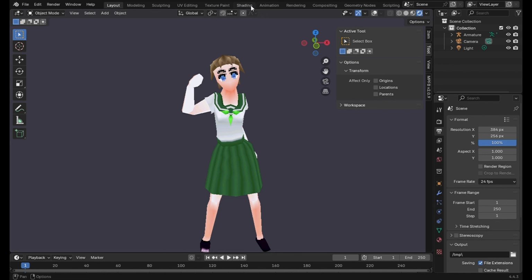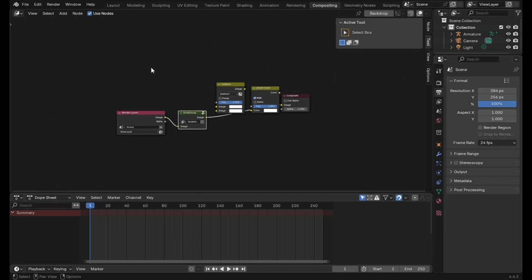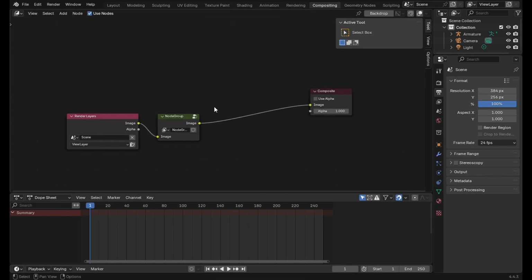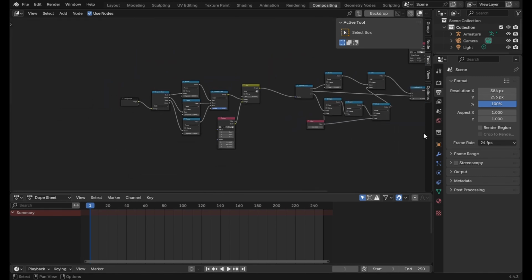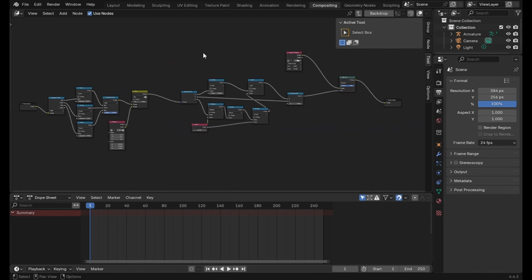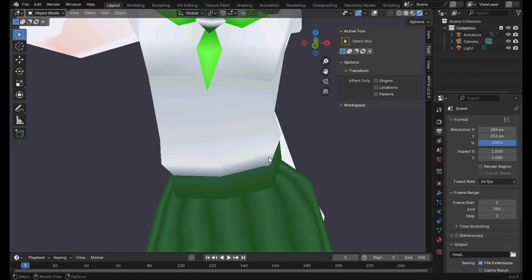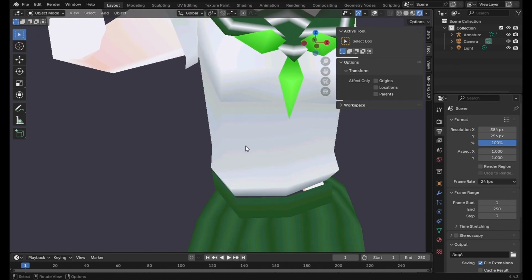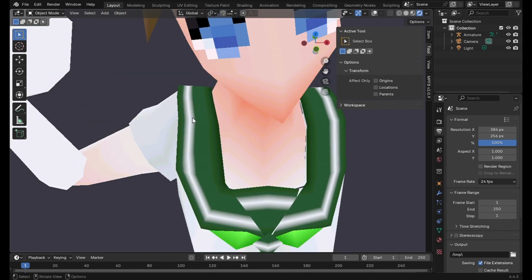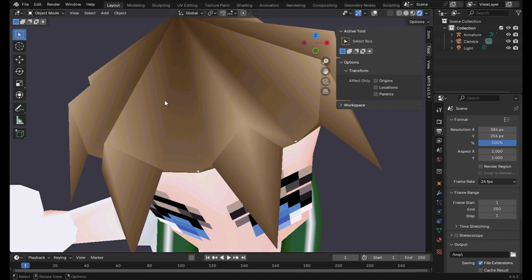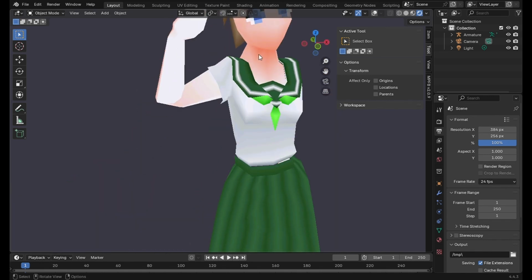So I'm just going to move over to the compositing tab here, and what I've made is this. If you look at this closely, you can see there's something weird going on with the colors. Why are they changing the way that they are? There's some weird bands of yellow, or it's a bit yellowy or green or blue or whatever's going on there. And the reason for that is